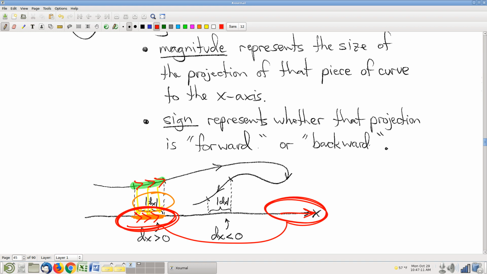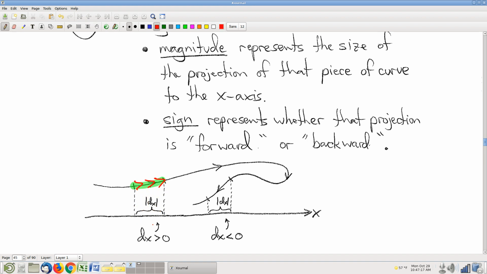These two ideas combine to tell us what dx is. dx is something whose magnitude is the size of the projection and whose sign tells you about the orientation of the projection. So for this piece of curve here, dx is positive because of the direction,